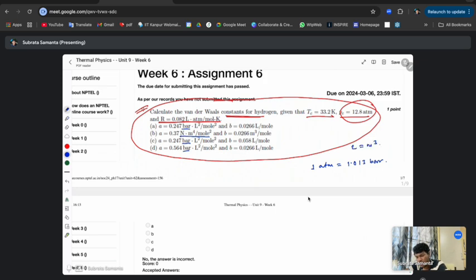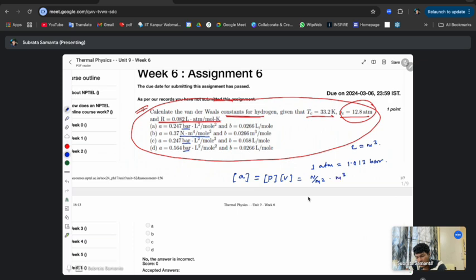Atm is Newton per meter square. So the dimension of A is pressure times volume, so Newton per meter square for pressure, and the volume is meter cube,